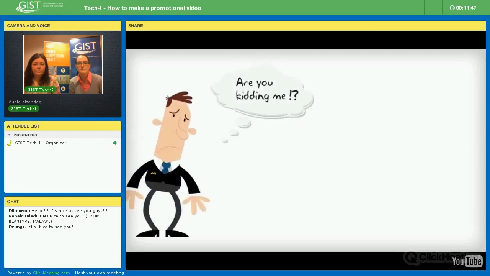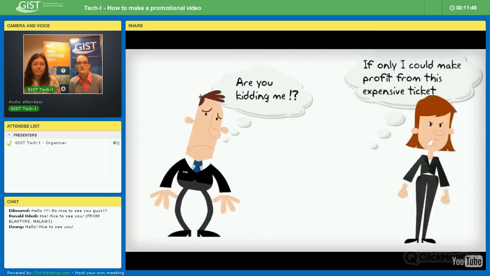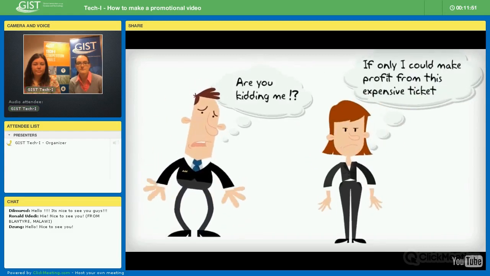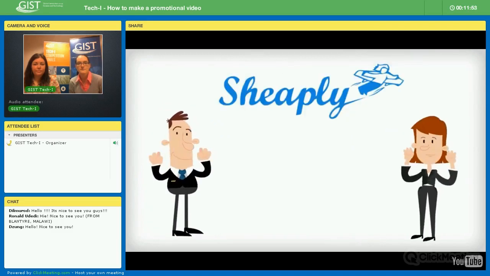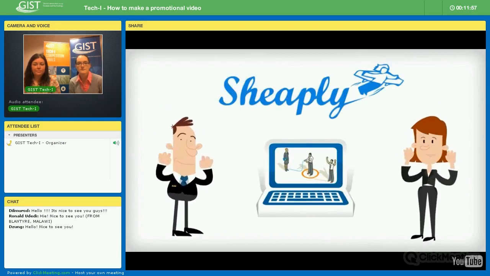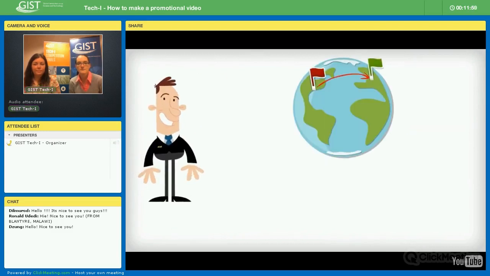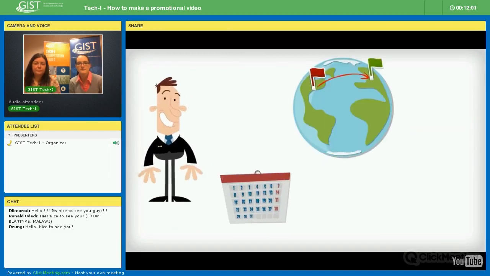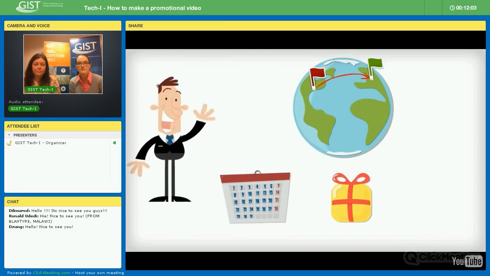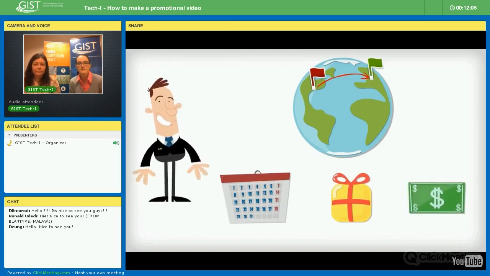Why not take advantage of it? You could ship your item with one of them. That's what Sheeply is all about. Sheeply is a platform that connects travelers with people that have items to ship. Choose your departure place and date, when the item should arrive, write a description of the item, and the price you want to pay for it.